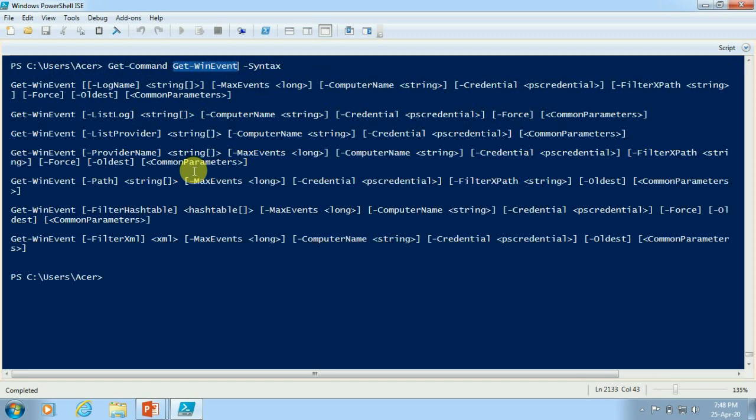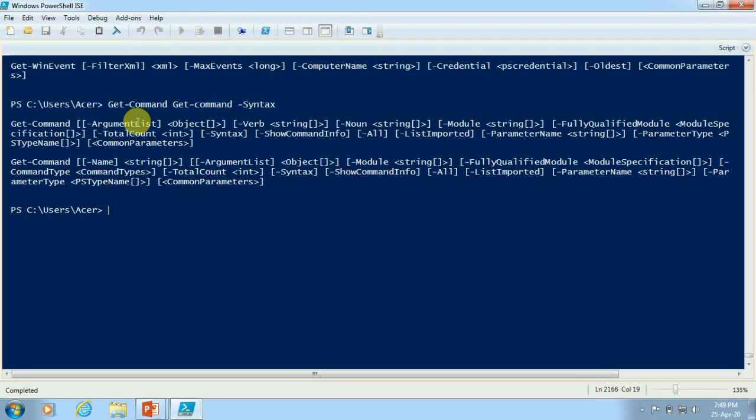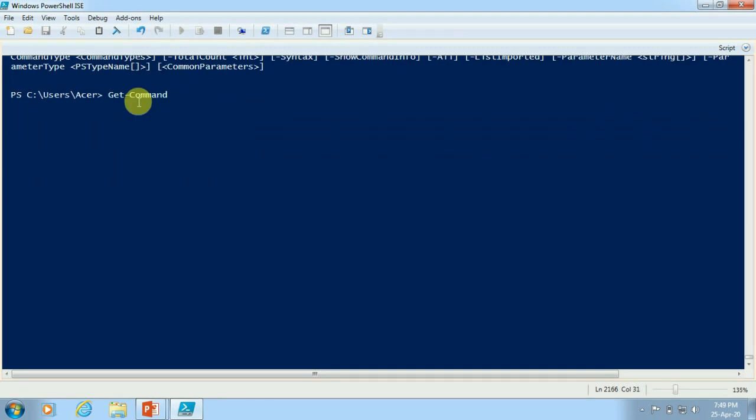And not only can we check the syntax of any other cmdlet, we can check the syntax of Get-Command itself. So instead of passing Get-WinEvent here, we can just pass Get-Command. After we have passed Get-Command with the Syntax parameter, it has given the syntax of Get-Command only.